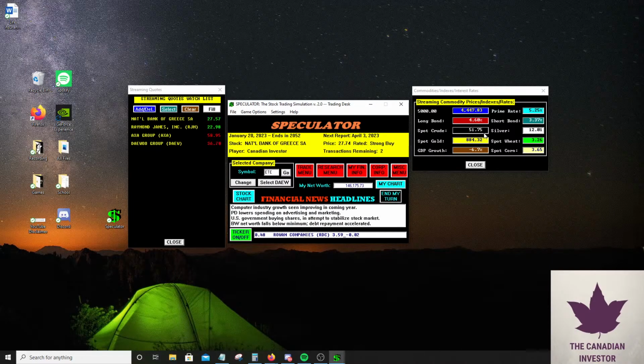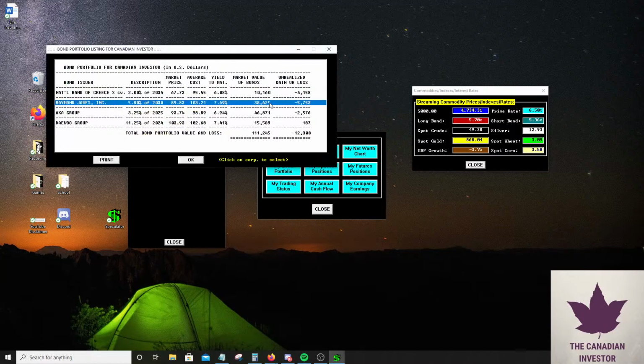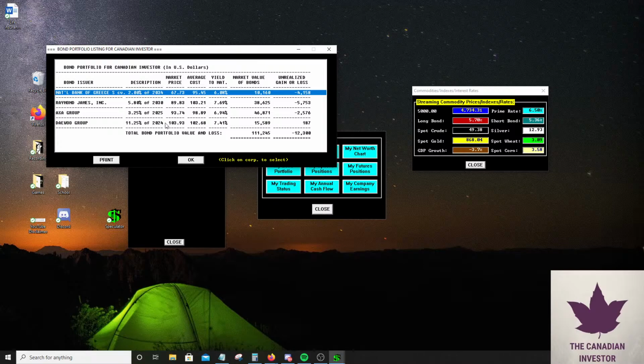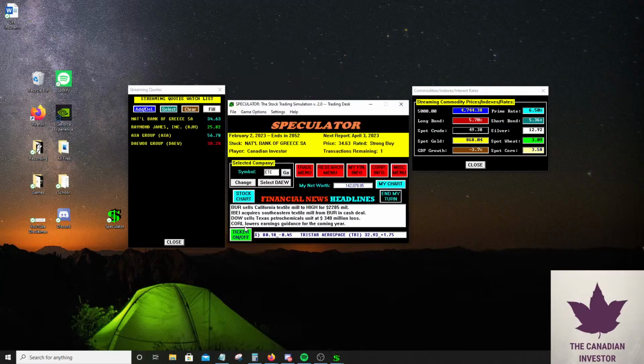So I should have kept more cash, hypothetically, because if I kept more cash, then we wouldn't be losing as much. Because right now we're actually losing a lot, especially off our longer term. For example, our 2030 and our 2034 bonds are getting hit really, really hard, whereas our short-term bonds are hit hard, but not as hard. Like our Raymond James bond is the worst performing at the moment, but it might be a good deal to buy it. It might be a good deal because it's yielding about 7%.